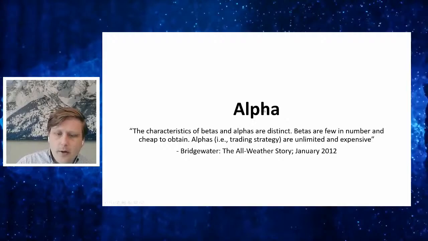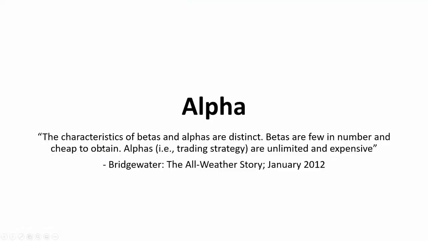From the Bridgewater All-Weather story, they say that the characteristics of betas and alphas are distinct. Betas are few in number and cheap to obtain. Alphas, or trading strategies, are unlimited and expensive. So if you can generate alpha and you have a process that consistently can do it, it tends to be expensive, and a lot of people tend to offer it. So I wanted to walk through quickly what alpha is,